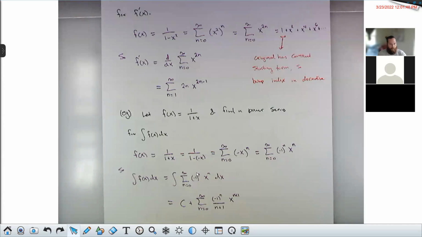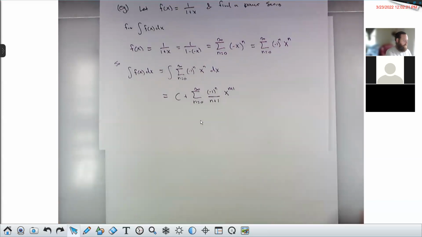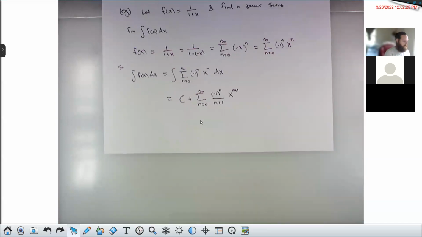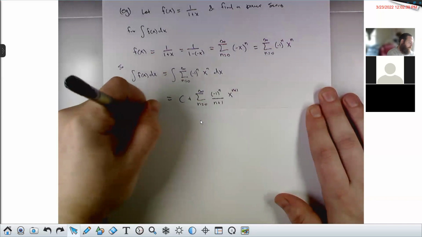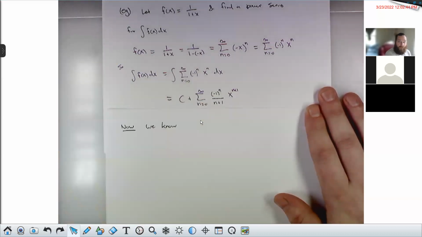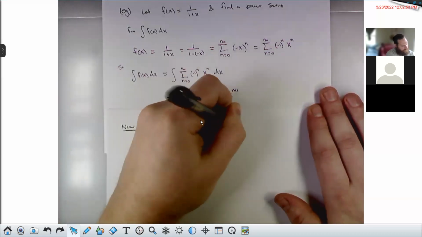Okay, then I'd like you to think with me for a moment. I said a second ago, you know how to integrate this. You don't need power series to integrate 1 over 1 plus x. What is the antiderivative of 1 over 1 plus x? So this is not a part of that example problem anymore, but I'm going to use something that we just did in that example. We know that the integral of 1 over 1 plus x dx is the natural log